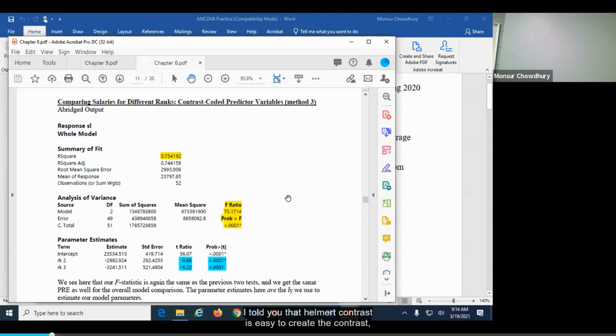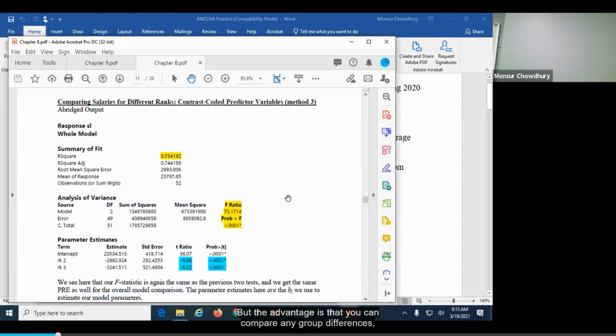I told you that Helmert contrast is easy to create because you follow a specific format and rules. Now, if you are creating your own orthogonal contrast, you have to satisfy two conditions: the sum of the coefficients is 0 and the sum of the product of the coefficients is 0. That's the only thing that you have to keep in mind.